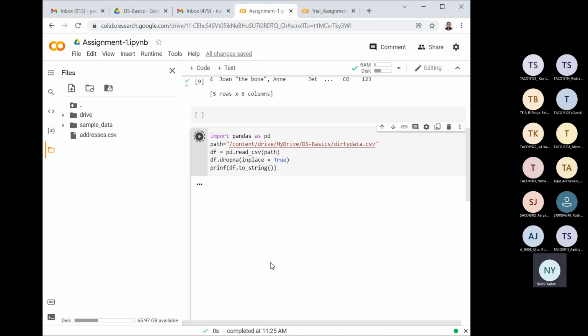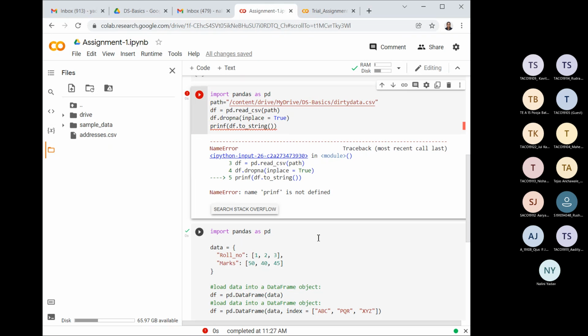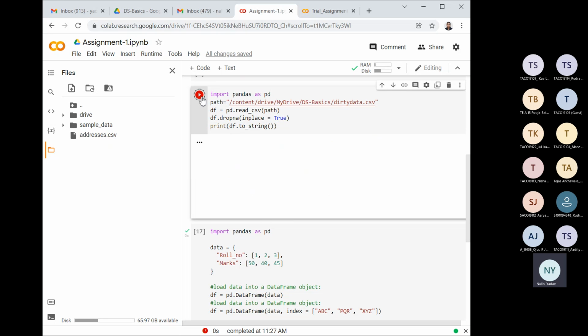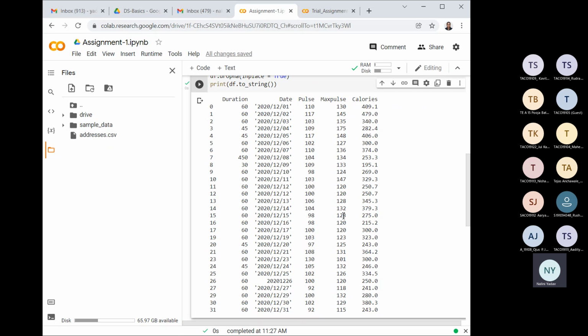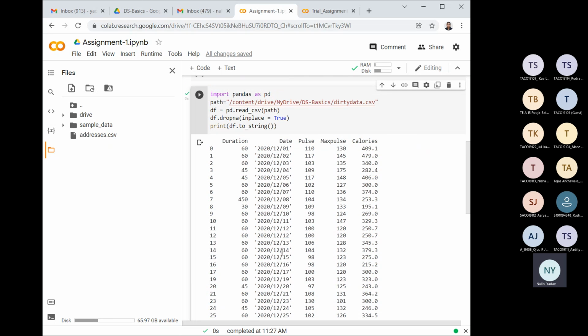So let us try this and just look at this. Okay, it's not print_, it should be print. There was a spelling mistake. Okay, now here you can see, let's look at this. So now what has happened over here? Here I am able to change my original data set. You can say when I used inplace=True, I am able to make a change in